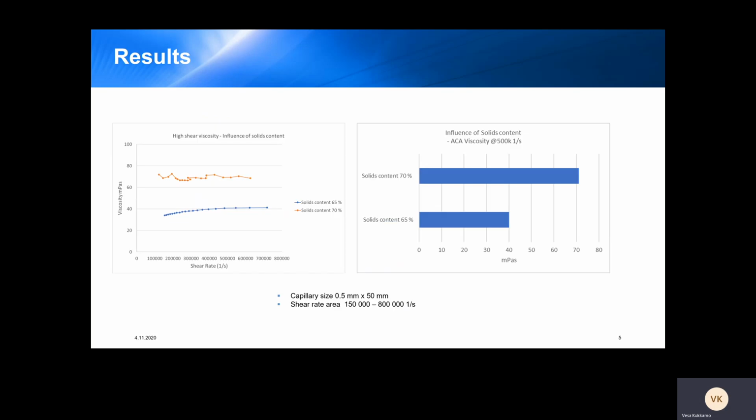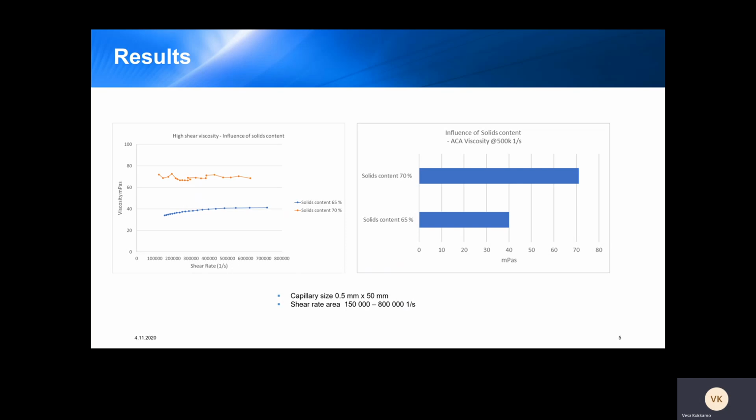Here we can see the results. So if we look at the curve first, we have a little bit unstable curve for 70% and higher level of viscosity compared to 65% solids. So it clearly shows that when we are increasing the solids content, we are also increasing the high shear viscosity,